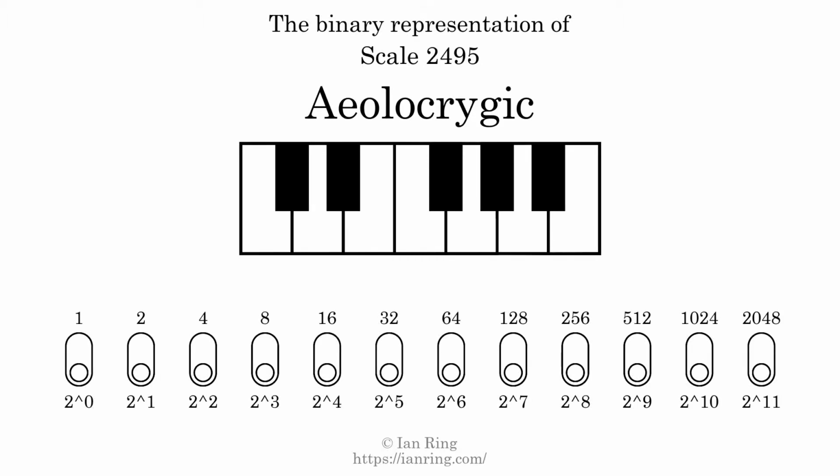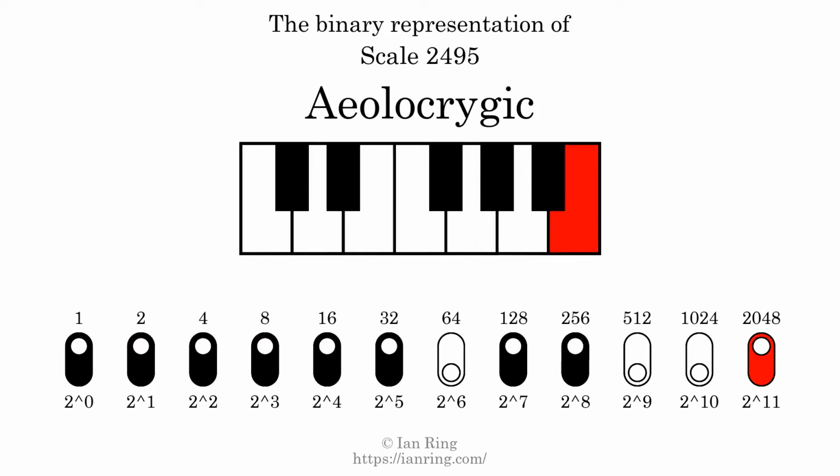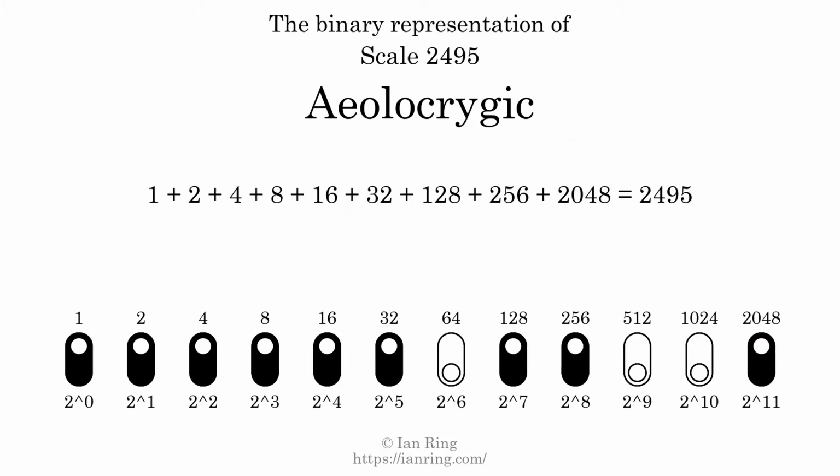The binary representation of this scale is determined by mapping tones of the scale to binary digits. Each binary digit represents a power of 2. To get the scale number, we add the powers of 2 together. The powers of 2 that are present in the scale, all added together, equals 2495. That is why the scale number, in decimal, is